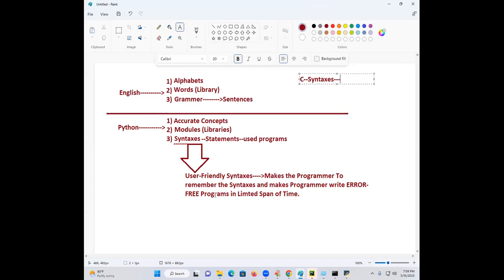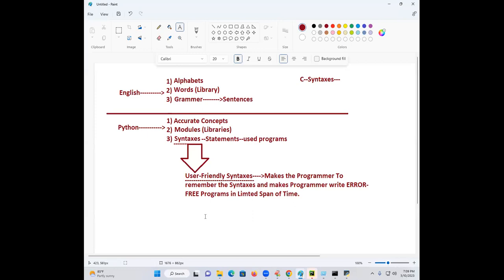But Python language, if you come, what is happening? Python programming will provide what syntaxes? User-friendly syntaxes are provided. User-friendly syntaxes makes the programmer to write the program quickly without errors. That's why Python language is once again proved as which language? Simple language. If a language provides a very difficult and lengthy syntaxes, is it easy to remember or difficult to remember? Difficult to remember.